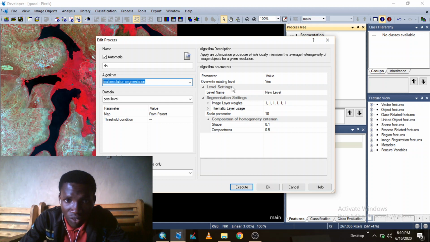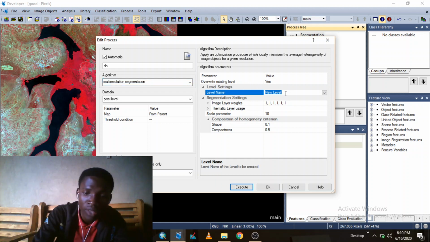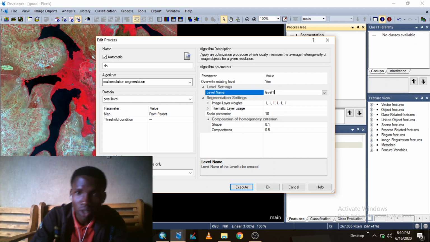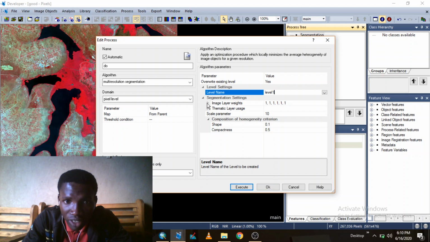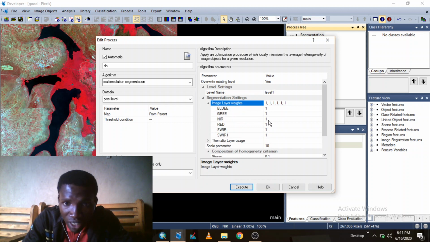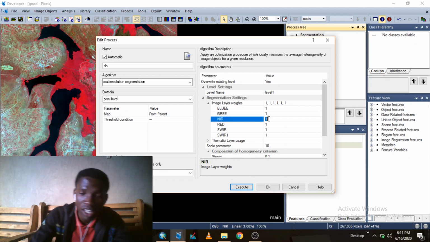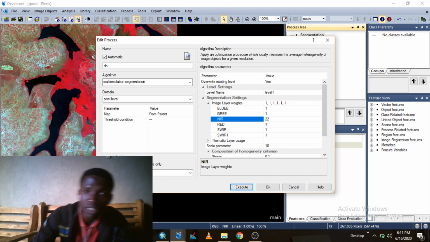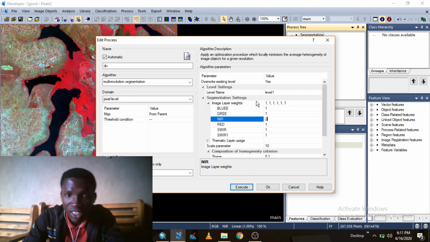Then I set up the existing level. Let me say yes, or you can just put here level 1. Okay, you see it. Then you come here to image layer weights. You see these are the weights of the different image bands. Because vegetation reflects more effectively in the near infrared band, let me increase it here, to tell the software that it is going to focus mostly on the near